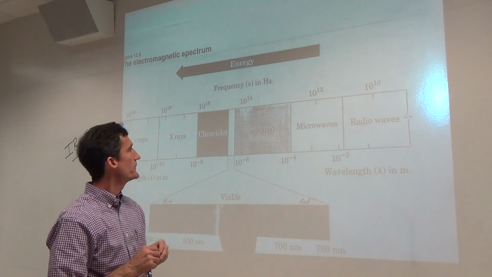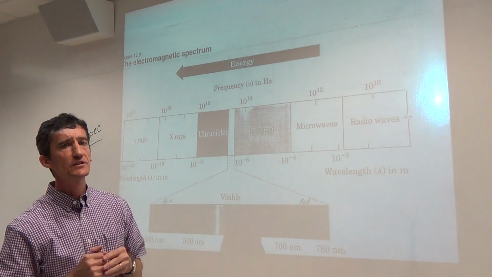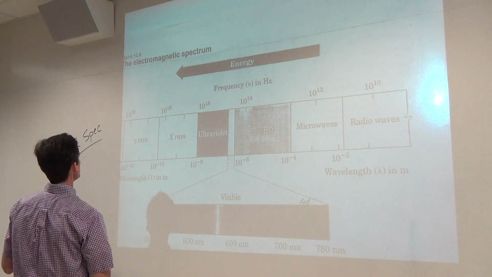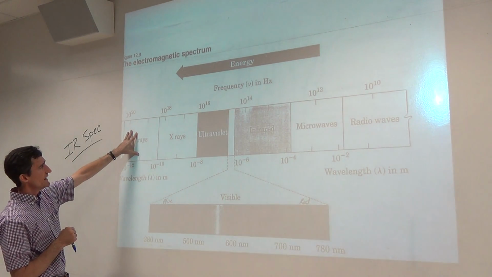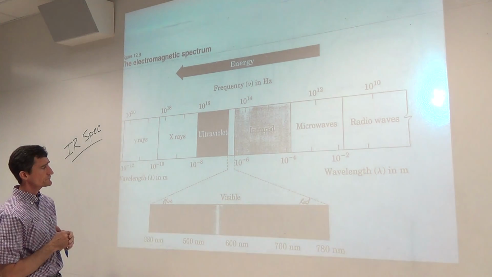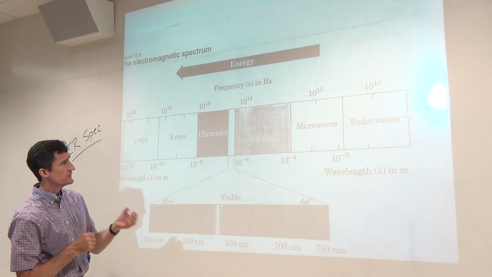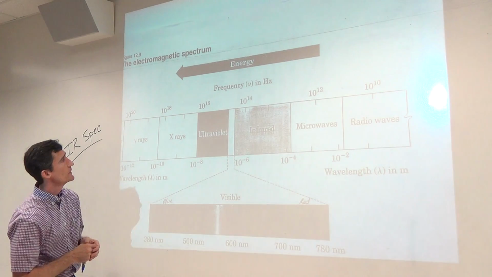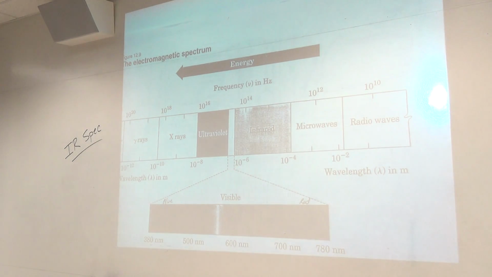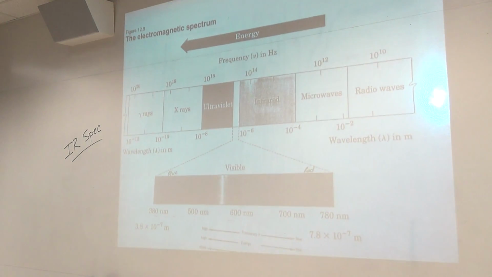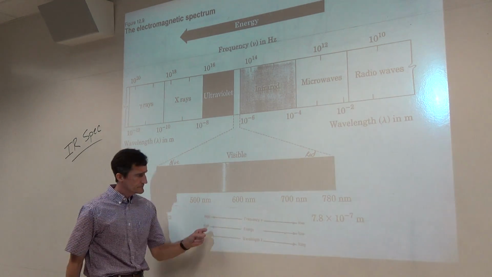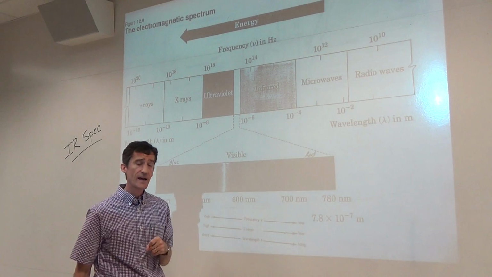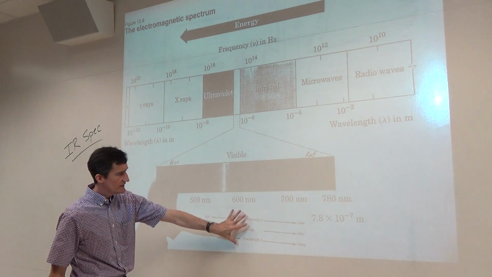Okay guys, here we go. We've seen this in Gen Chem. This is our electromagnetic spectrum, beginning to the far left, as shown here with gamma rays. We need to be aware of energy, frequency, and wavelength. Now if I raise this up, and again these sheets are in your handout packet, we can see down here